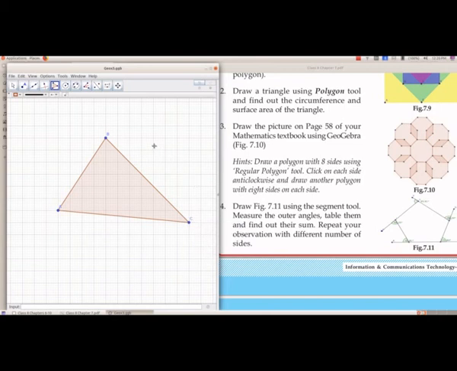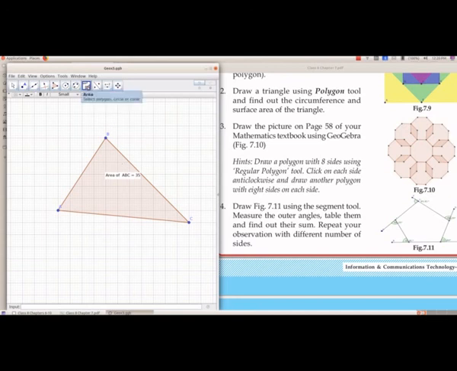And now we want to get the circumference and the area. So from group 8, we will select area. And if we click inside this triangle, we will get the area of the triangle ABC. And here we got the area of ABC as 35.